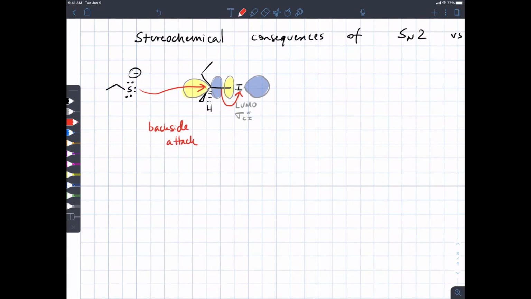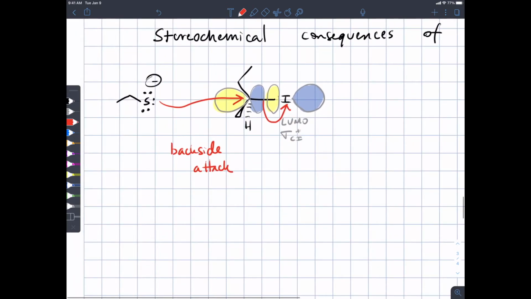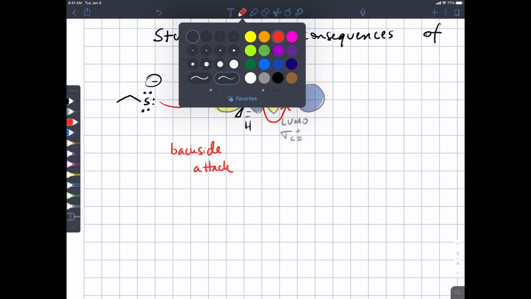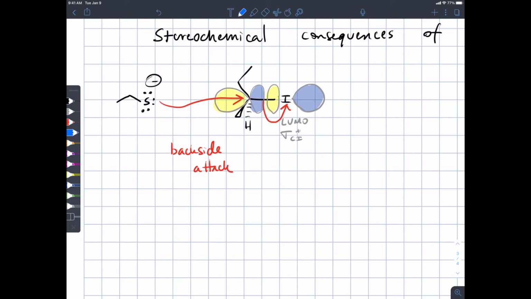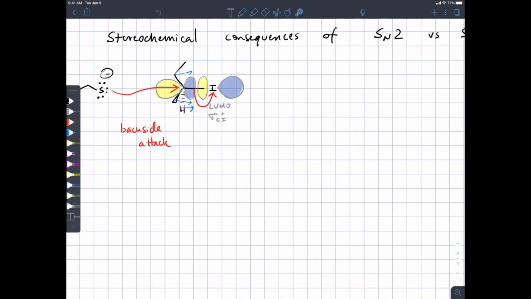Now, as the nucleophile starts to approach and the leaving group starts to leave, we're going to see the substituents on the carbon that bears the leaving group are going to be repelled away from the incoming nucleophile. And as the leaving group leaves, they're progressively going to take up space that used to be taken up by